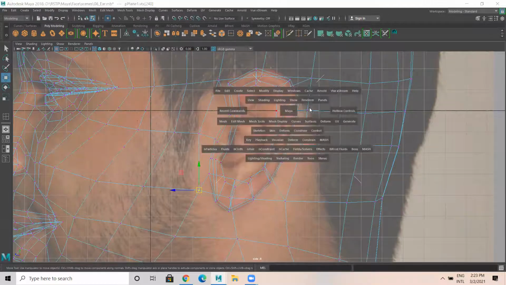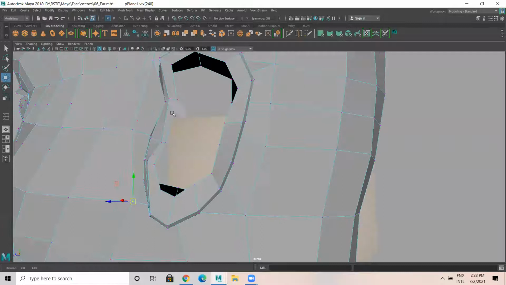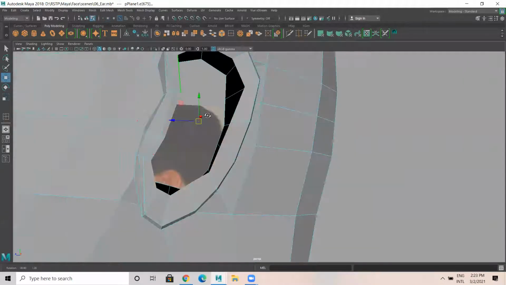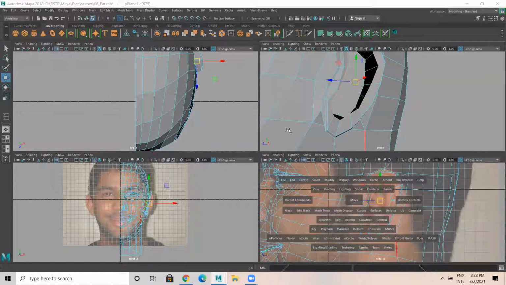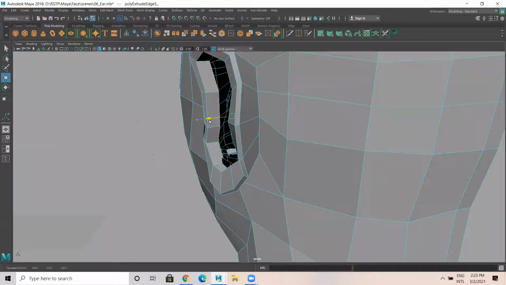Okay. Now come to perspective. There are a lot of things to do. So now double click this. First thing, extrude this. Come over here. This has to go straight inside.